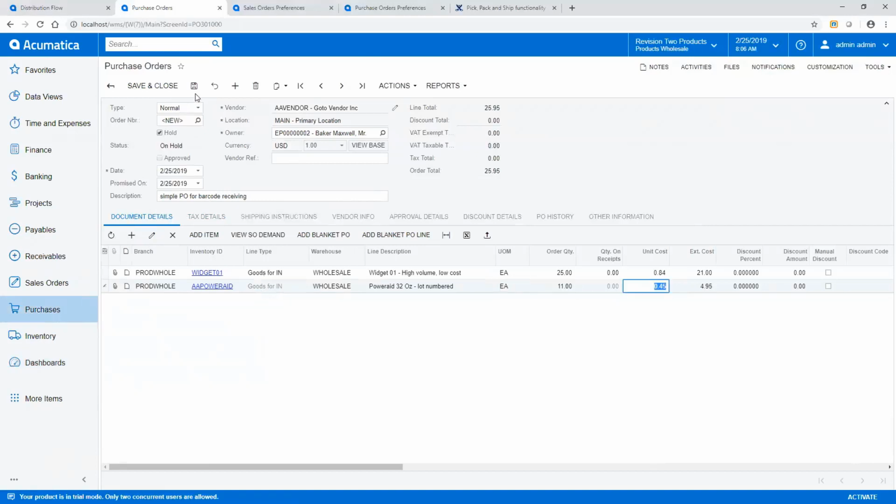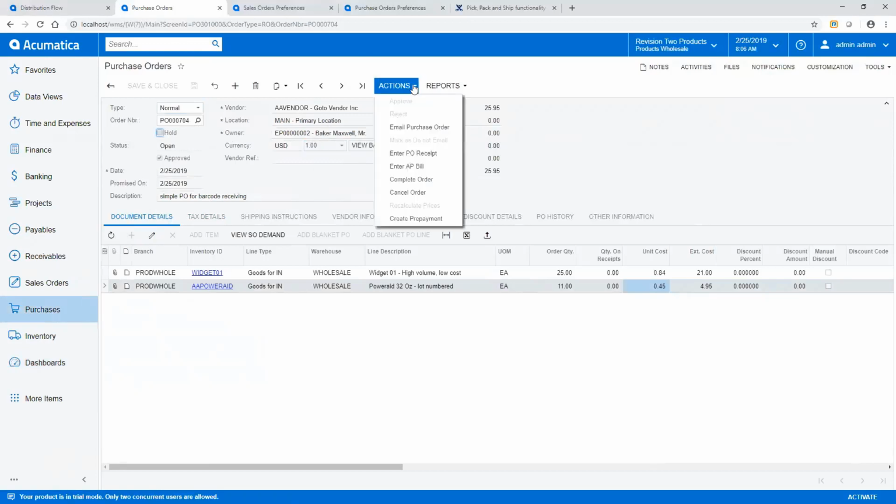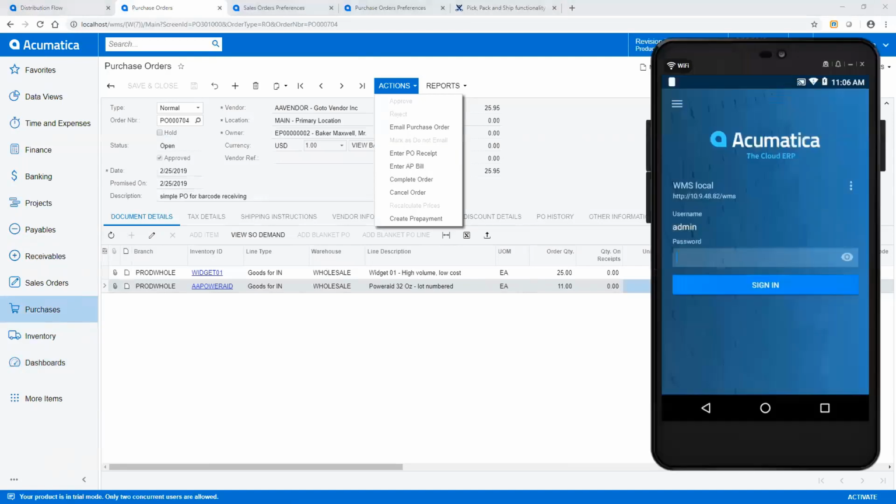All right, so this is all nothing new. Take it off hold, approve it. Okay, so now we're ready to start receiving and getting your feedback. So the first point of feedback is we received information from you all that you don't necessarily want to have to go in here and enter a PO receipt. So you'll notice that if I open up my mobile application,